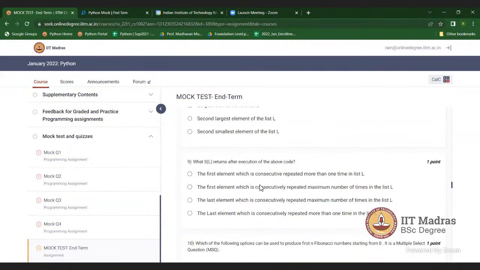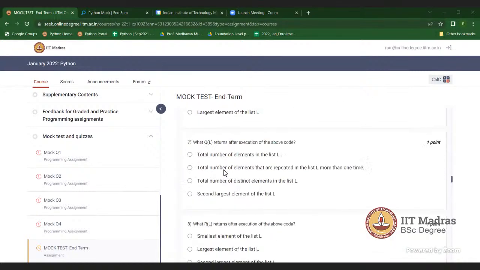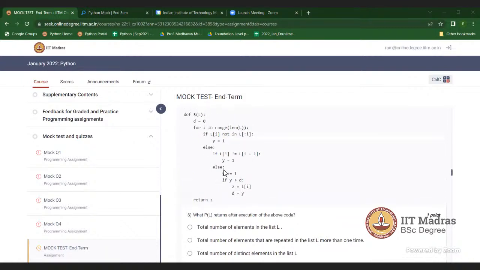Like which has that which got repeated the maximum number of times. Okay, the first element that's possible. Sir, why is y being updated to 1 initially in the first if condition? Okay, so that basically means that it is not yet present. Yeah. So let's say